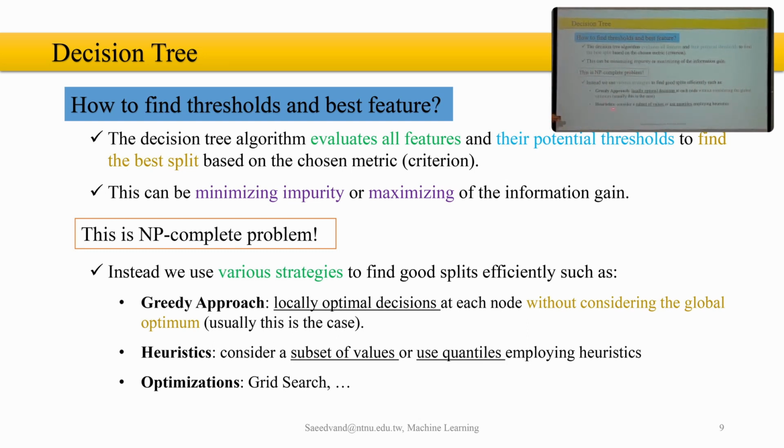Another technique is heuristics. Heuristic is popular in artificial intelligence. I teach, for example, in the course of artificial intelligence. Just to simply know, consider a subset of values that use a kind of evaluation metric in order to help your algorithm to go and solve the problem. For example,